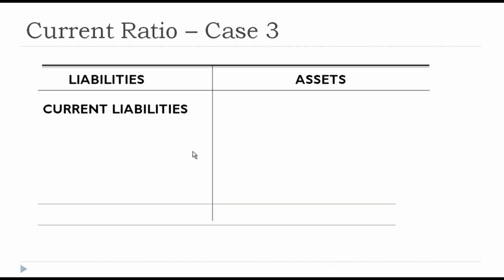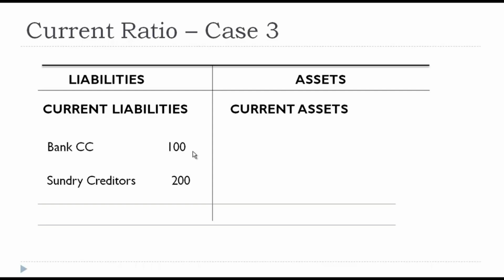So now we'll have case 3 to understand the current ratio. In case 1 we have seen current asset is higher than current liability. In case 2 it was matching. We'll have case 3. So we'll have liabilities and assets, and current liabilities are same. It is bank CC of 100 and sundry creditors of 200. And on the asset side, you're going to have cash and bank balance of 50, stock of 75, and receivables